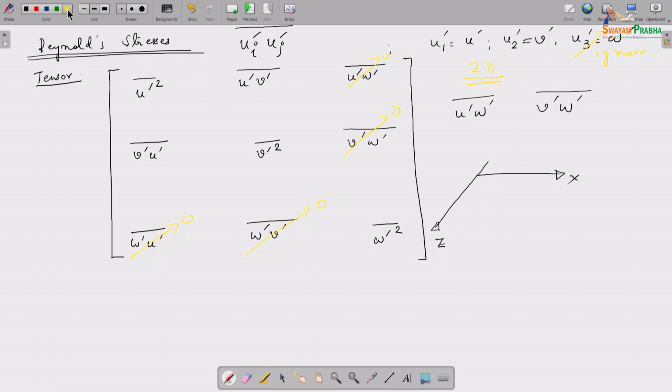And you have U, this fluctuating part, in this direction, and you have W in this part. Now what we are basically saying is that, because this is a round jet,